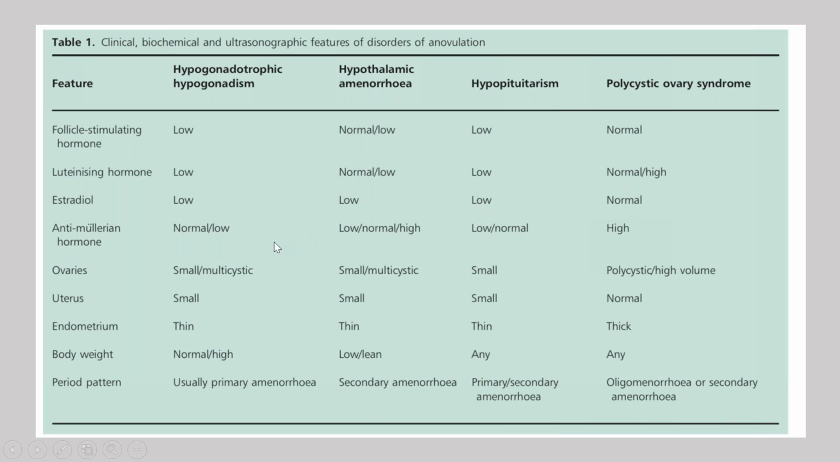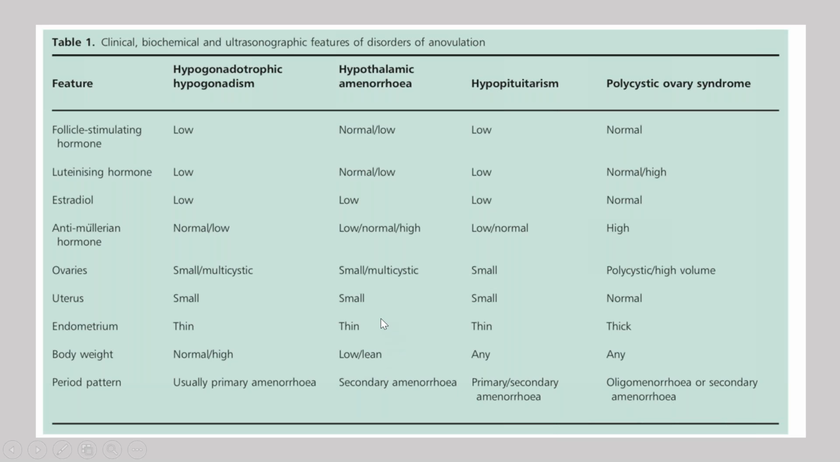Estradiol is low. Anti-Müllerian hormone can have any value: low, normal, or high. Similarly, the ovaries will be small with small antral follicles present. Uterus is small, endometrium is thin because it is not growing, and body weight is low or lean. So these are basically more connected to low and lean body levels and associated low leptin levels, because leptin is from the adipose tissue. So these patients will have low leptin levels and they predominantly have the secondary amenorrhea because